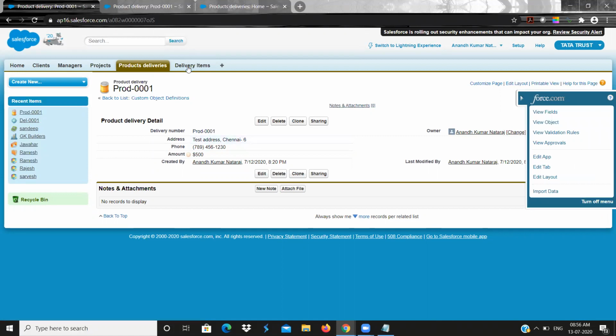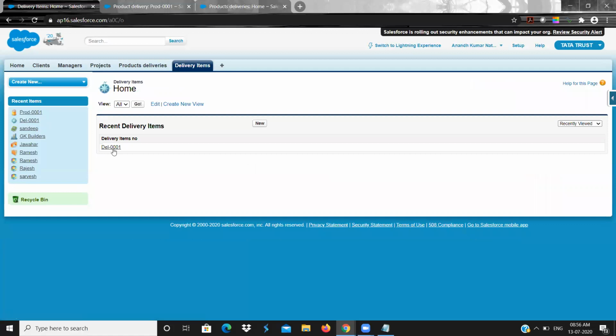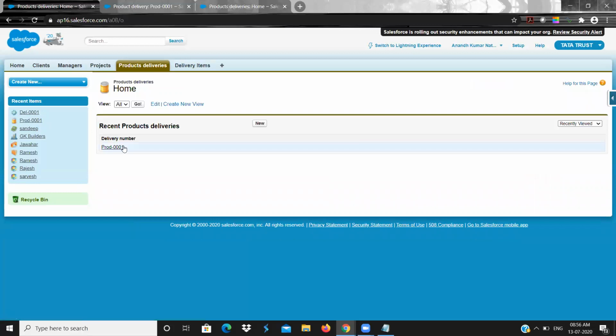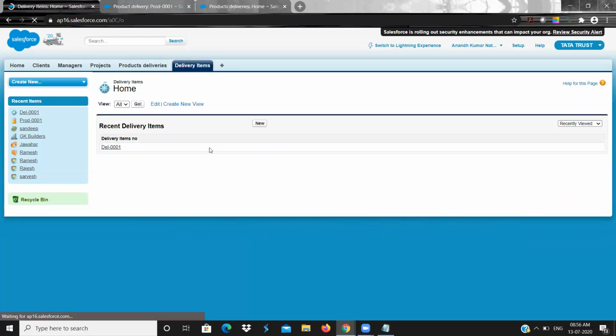So what is the business requirement is this product and delivery should be related, and this delivery item, if you see, doesn't have any meaning, it doesn't have any proper data. So I wanted to relate it in a master detail. Why? Because if the product delivery record is deleted, the corresponding child should be automatically deleted.